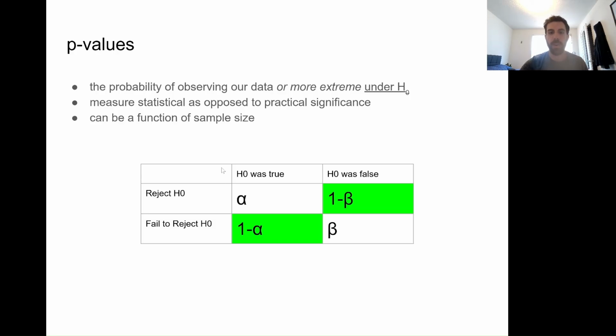So if H sub 0 is true, these two outcomes make up the entire sample space. In fact, they're complements, to use a concept we covered last lecture. If H sub 0 is true and we reject H sub 0, or we fail to reject H sub 0, right? Those are the only two possible things we're going to do. These two things have to sum to 1. Same thing here, right? These two things have to sum to 1. So it's really easy to recreate this chart when you think of it that way. All